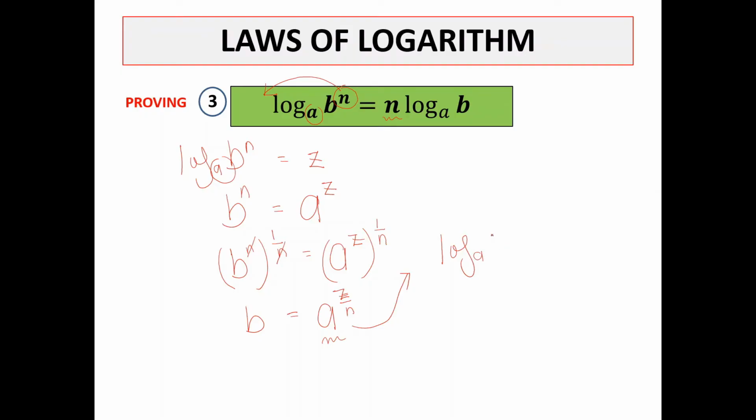Okay, so log base a of b equal to z over n. Okay, so we can just bring n to the left-hand side. We can have now n log b base a equal to z,